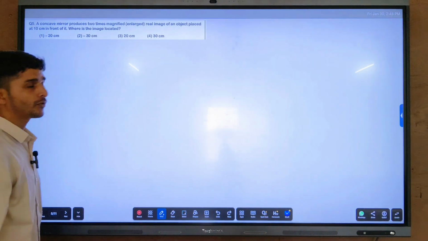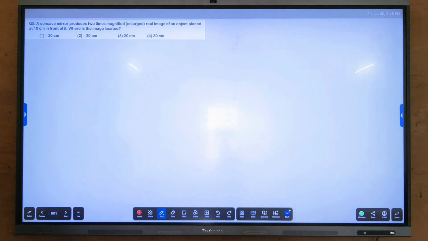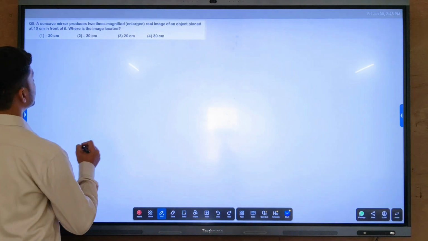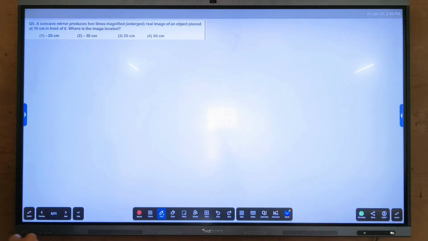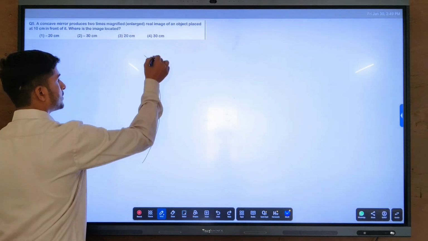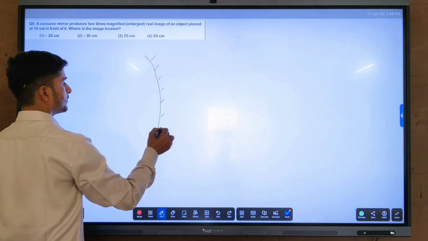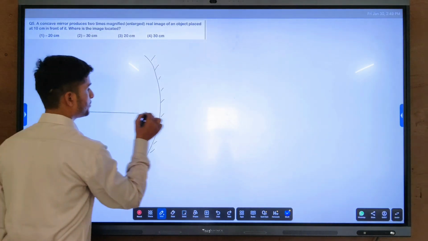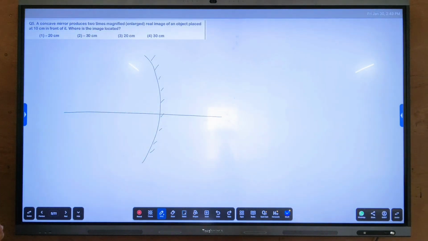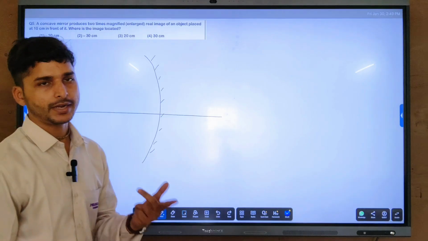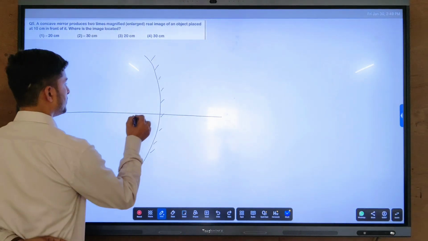Now question number 5 from the mirror. So we have a concave mirror, and the concave mirror you can see like this. And this is the principal axis. And it is saying that it is producing 2 times magnified images. That means the object must be placed